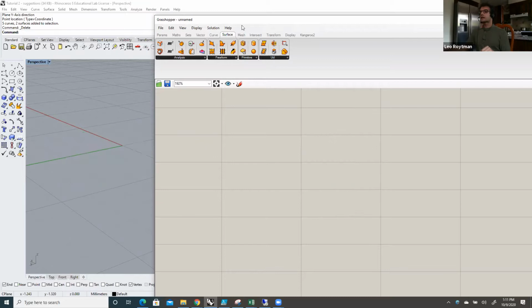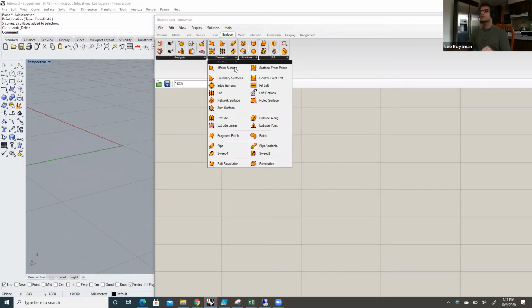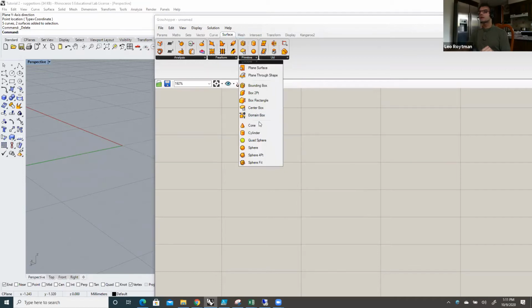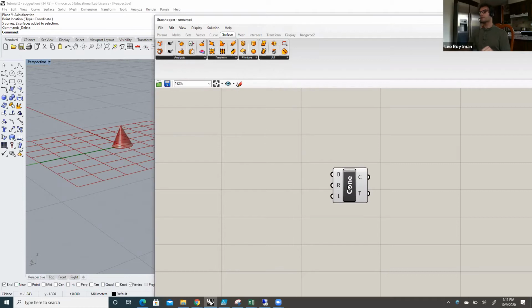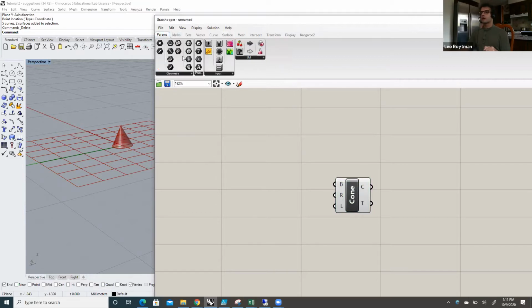Now let's take some element. For example, we take a surface, we take a cone. We will do the same thing which we did previous time. We will start with it. So we will provide some slider for radius. We can play with radius. We will provide some slider for length. So now we can play with height, right? And we need